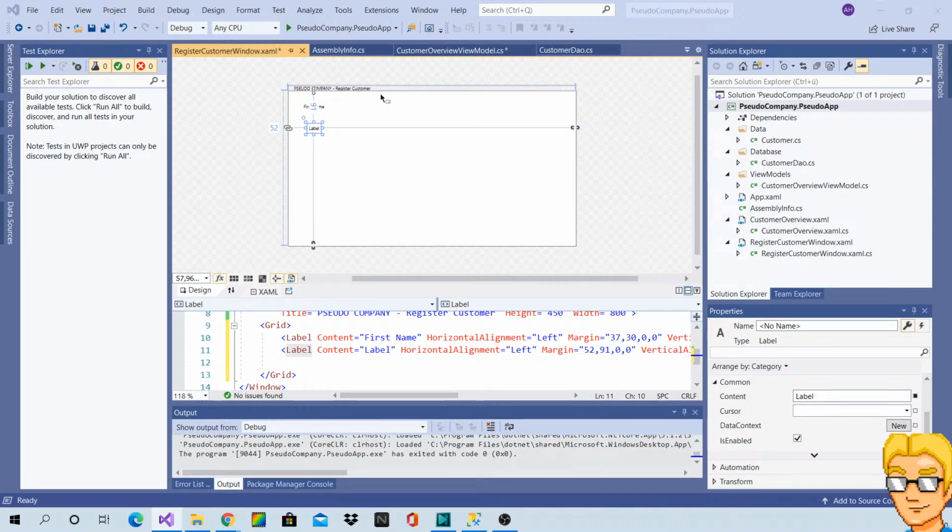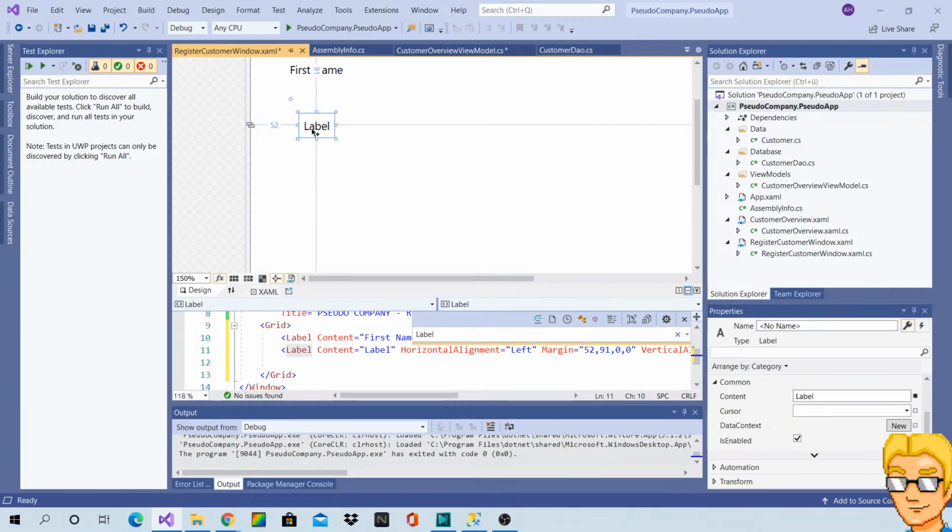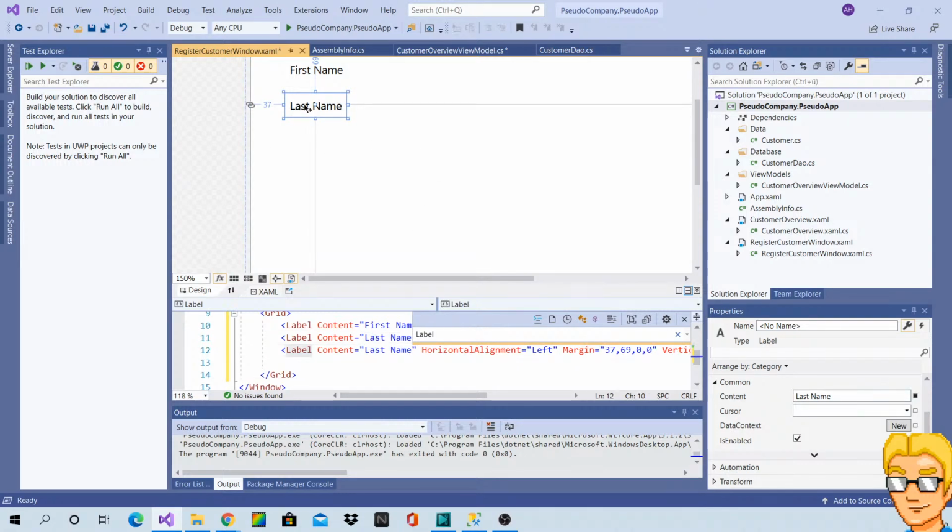Did I just accidentally? Let me zoom in. It doesn't need to be pretty. It doesn't need to be fancy at all.